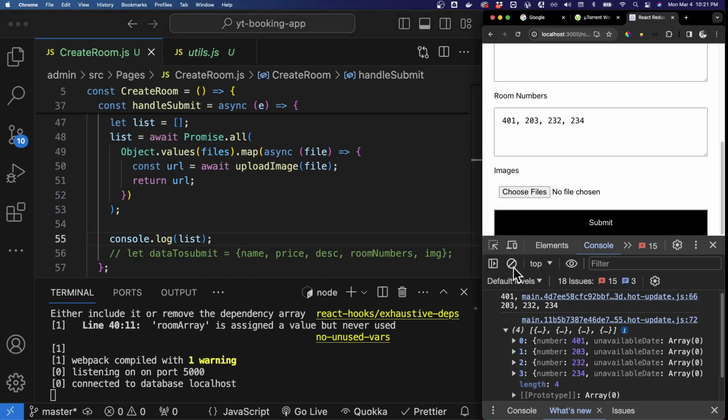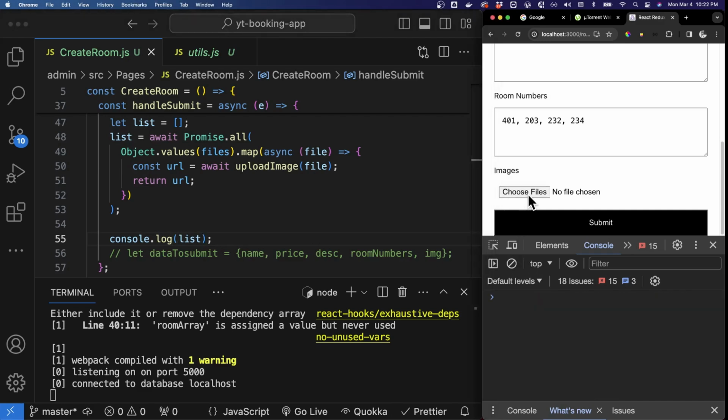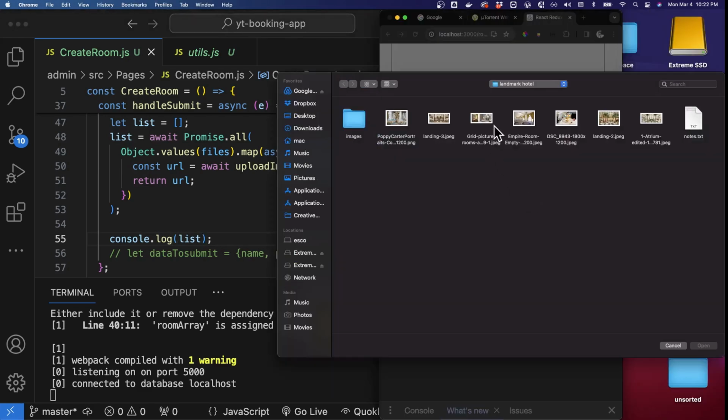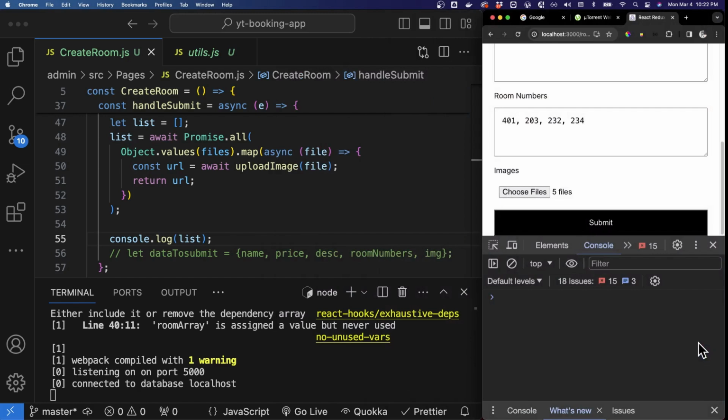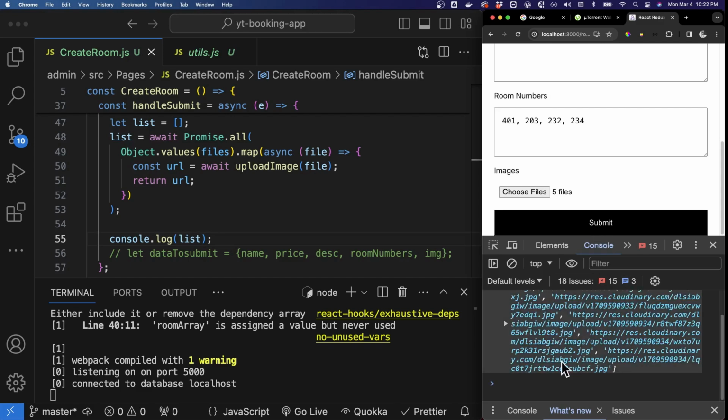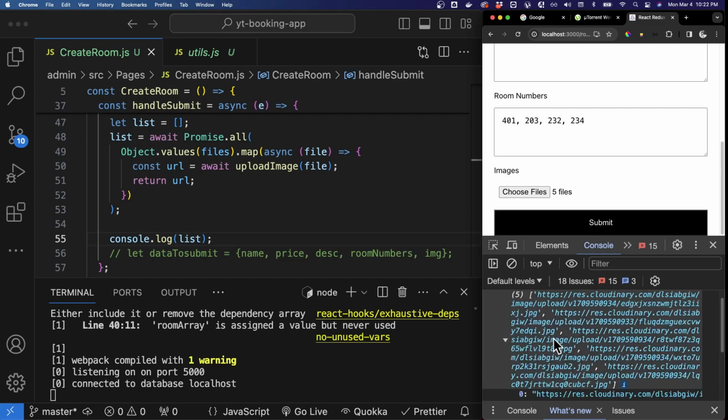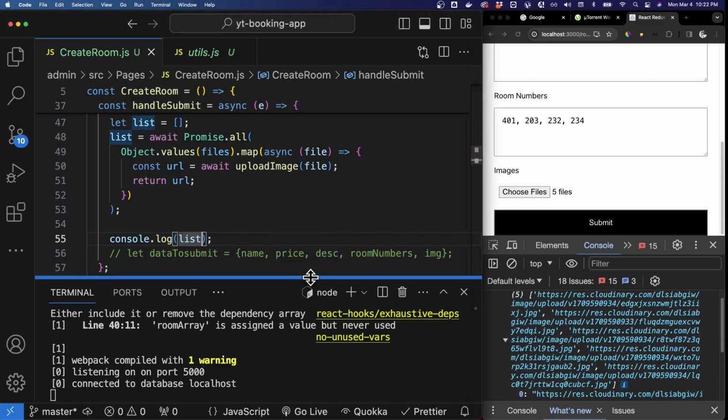Okay, moment of truth. Let's pick these files, open them, and then let's submit. Cool. Okay, so we have the URLs coming in like that. Cool. So you're almost done with the creating of the